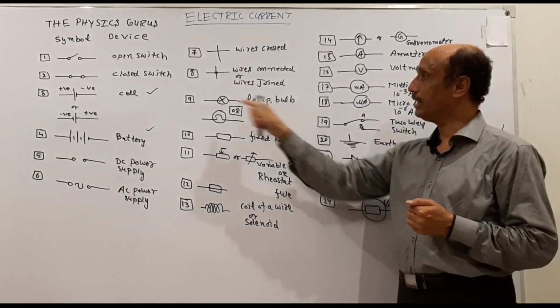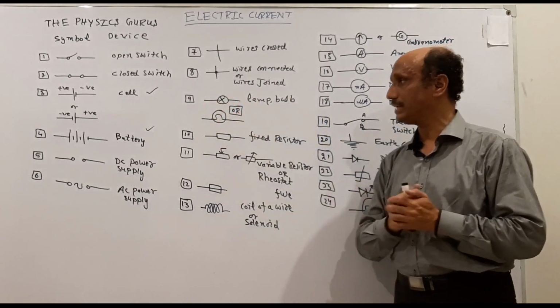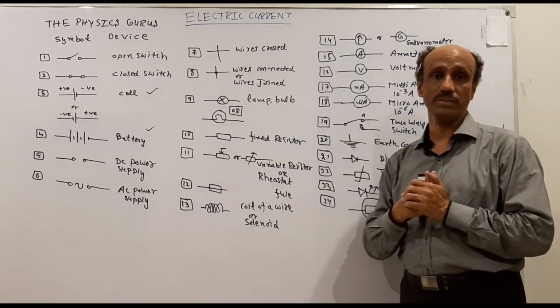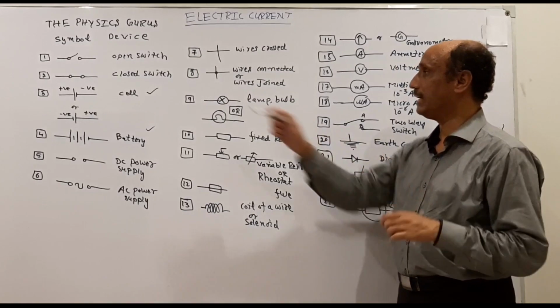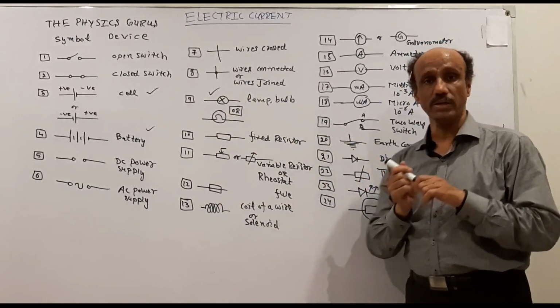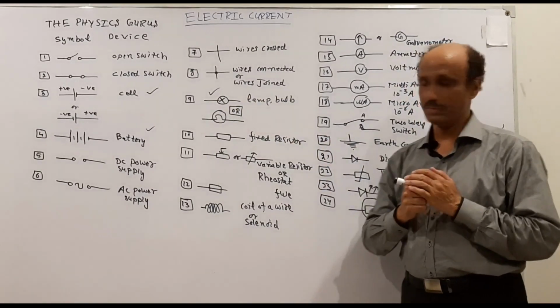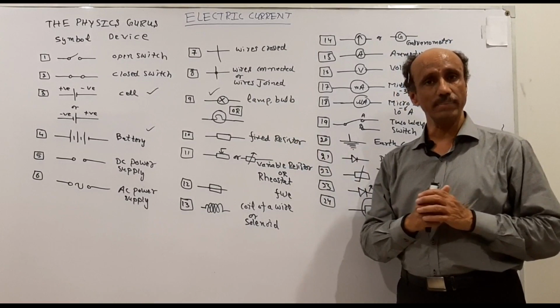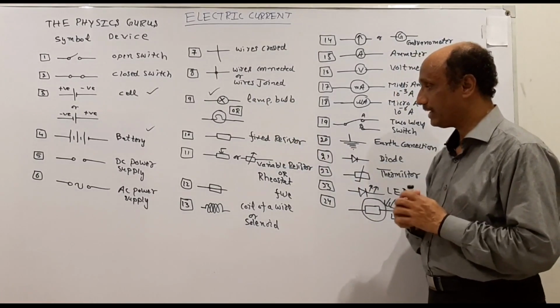The lamp or the bulb, the symbol is represented in two different ways. So you can draw these symbols. The majority of the time we will use this symbol. The fixed resistor, its value will be fixed. So this is the symbol for the fixed resistor, and the other type of resistor is the variable resistor.